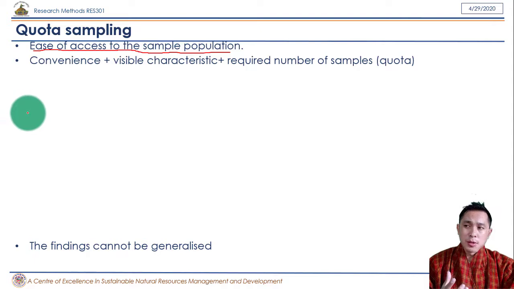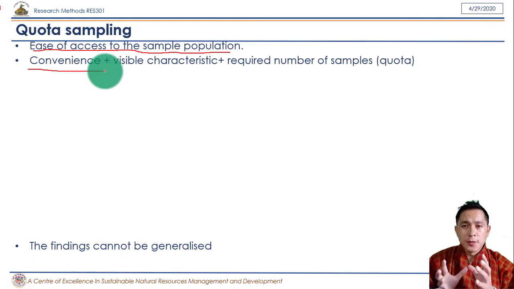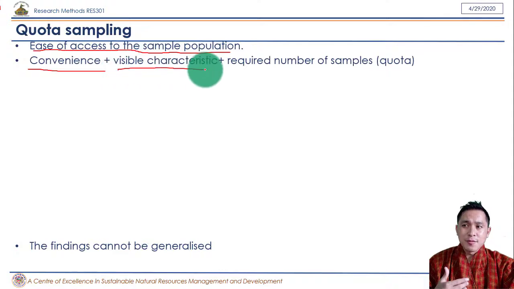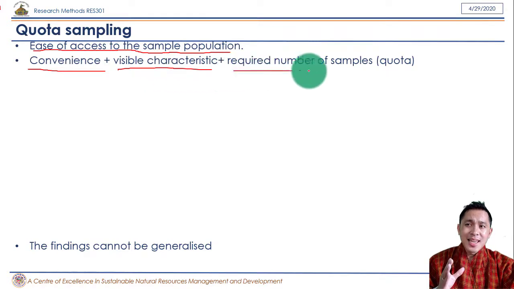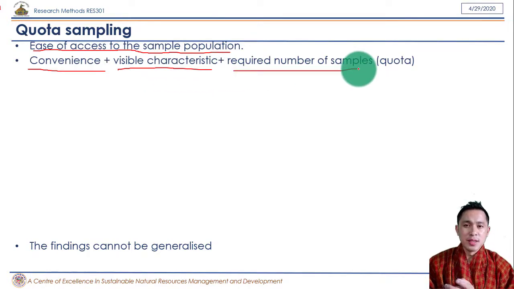Secondly, how to carry out quota sampling. To carry out quota sampling, firstly I need to stay at a convenient place. Let us say to study forestry third year, I can stand near the class of forestry third year, at the door of the third year class. Then what I want to study, for example, is the average age of the class students. So I'll stand near the door and study the age. And then when students leave for the interval, or for lunch, or when they are leaving the class,